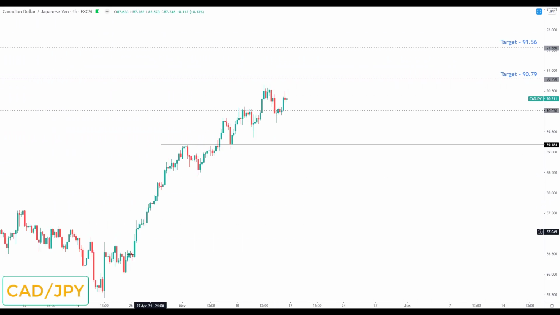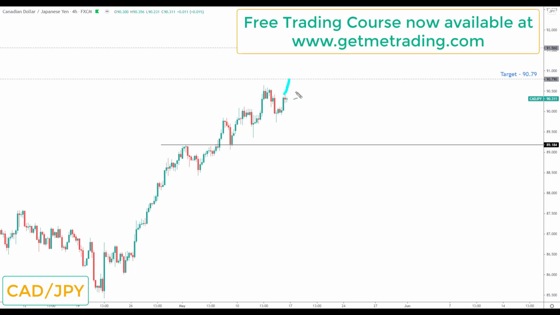CAD yen. This has been a really nice performing market to the upside, and I've been highlighting this in previous forecast videos. We did take out the target at the 90.020, and we almost took out target 2 from last week. Very simply put, going into this week, what I would like to see, because we're quite close to the target, is one of two things. Either we take out the target first and start to correct, or we just start to correct in this